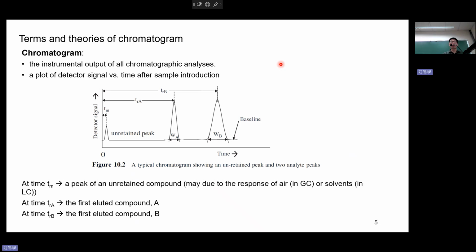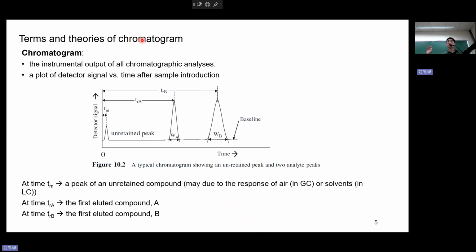Okay, so we'll be introducing ion chromatography in the very last parts of this chapter. But before we get in there, there are a few commonly used terms for chromatogram. So the term chromatogram,